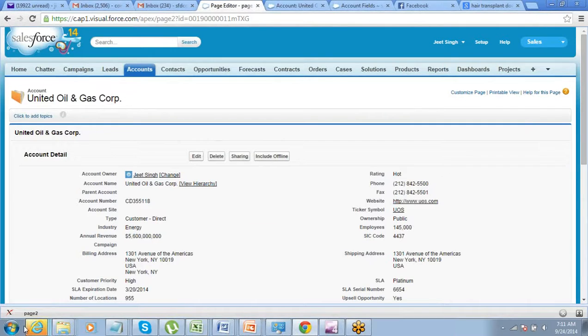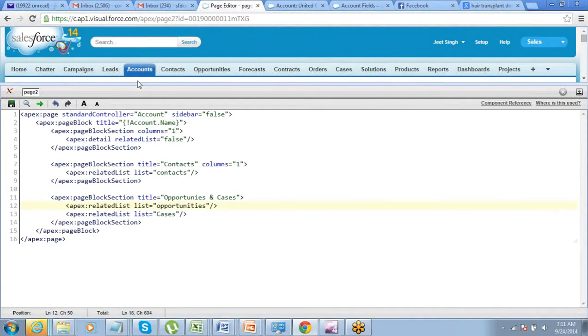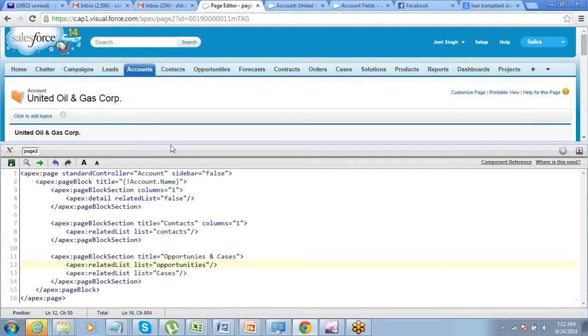So these components can be used for displaying the data in this way. So this is one more code. Now we have understood how to use different components on the Visualforce and how to display the data, right?